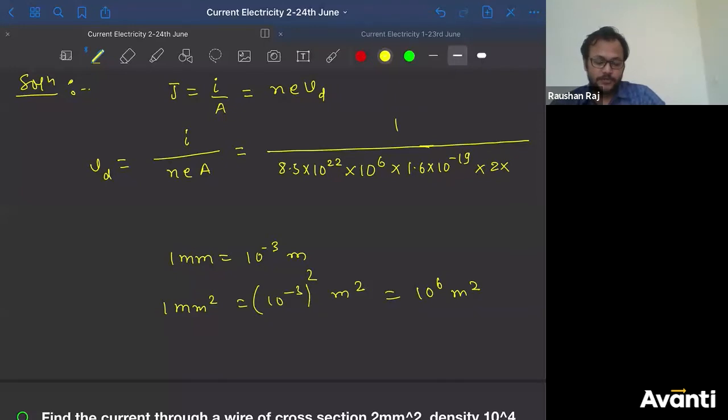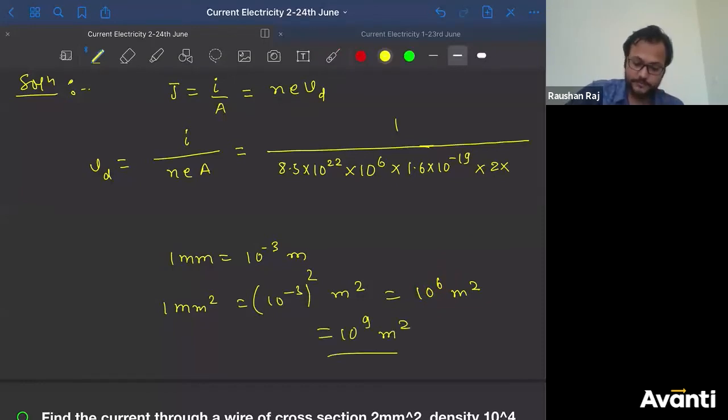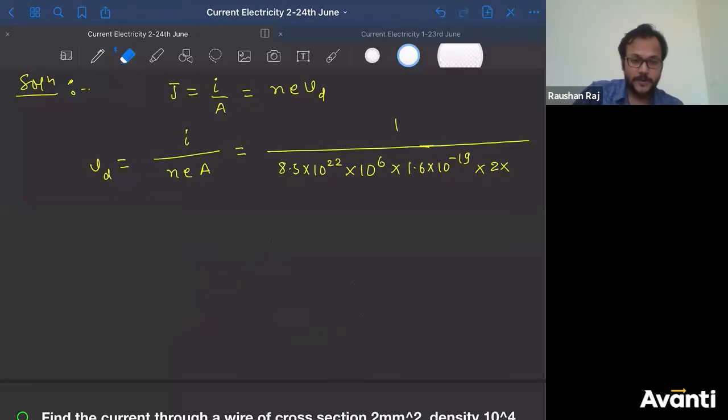And when I ask you, you say, sir, we have to square, so it will become 6. Few of you do this also. Sir, we have to square, minus 3 squared will be 9. Will that be correct? It is a complete blunder, okay? So please don't commit these kind of mistakes during calculation. 1 millimeter is equal to 10 to the power minus 3 meter. So 1 millimeter square will be equal to 10 to the power minus 6 meter square. All right? Yes. Now calculate it.